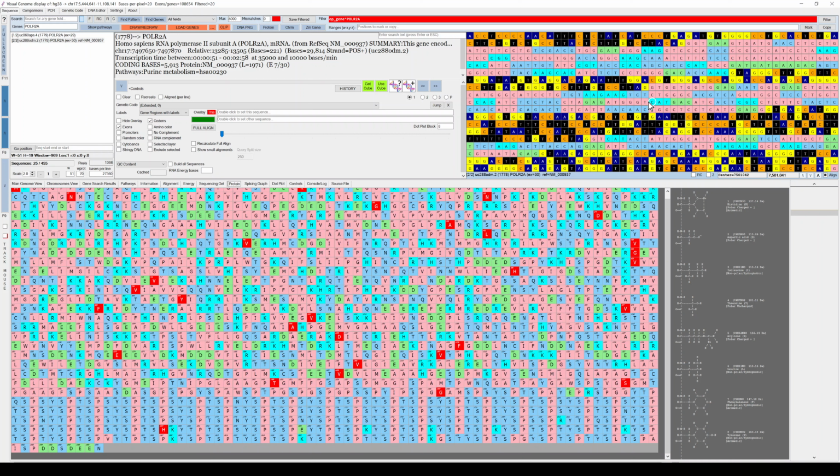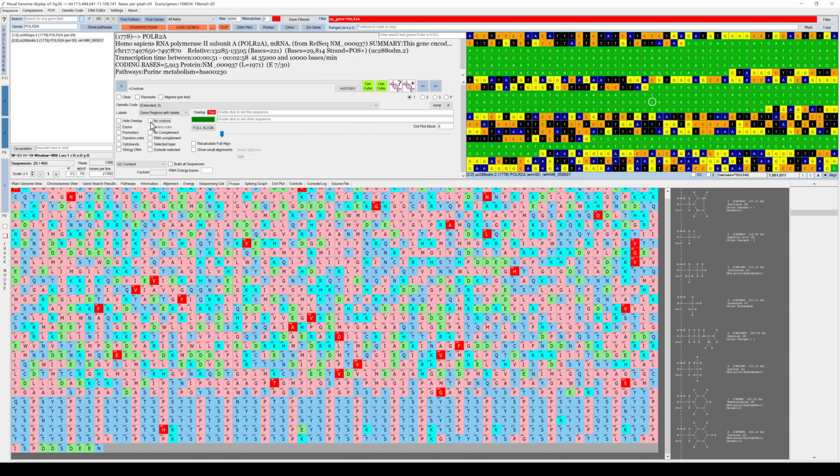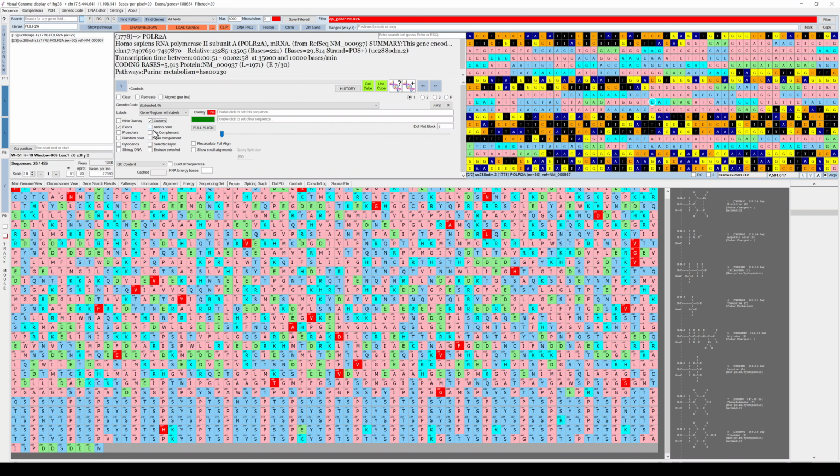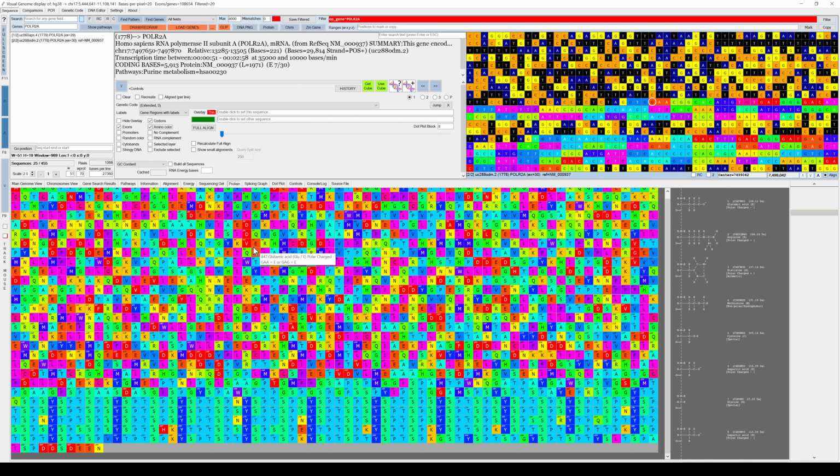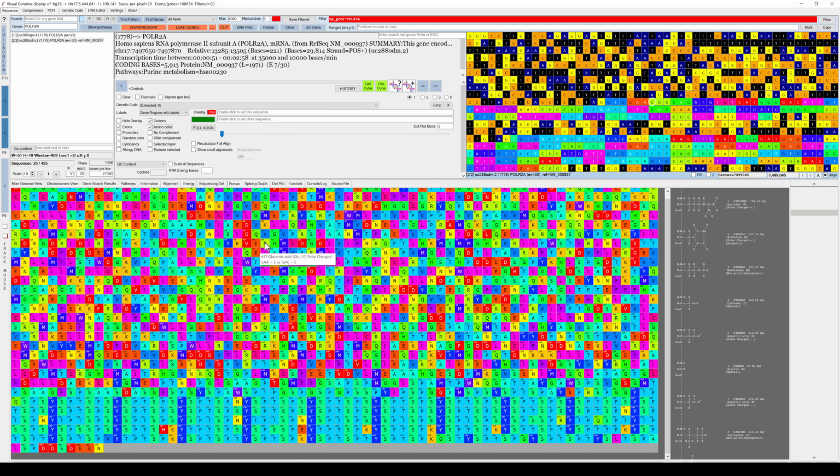Another very handy view is this: when you go to codons, you switch to amino color. You can see that the amino acid colors change in this protein view, which is now not based on its hydrophobic or polar quality, but rather the specific amino acid.